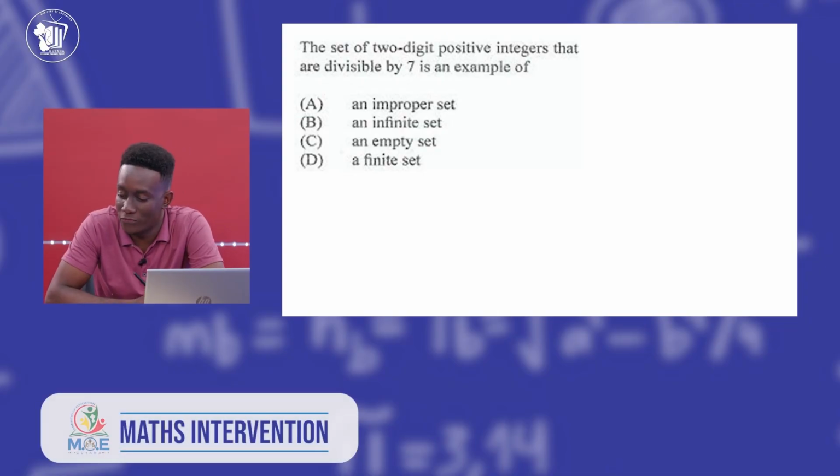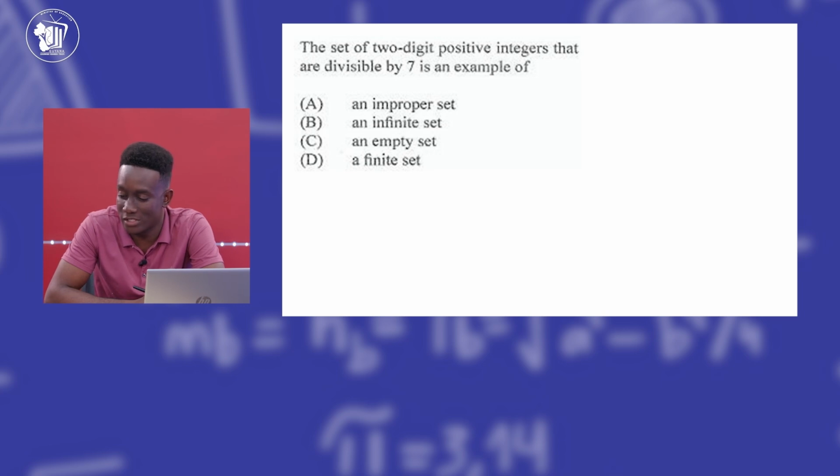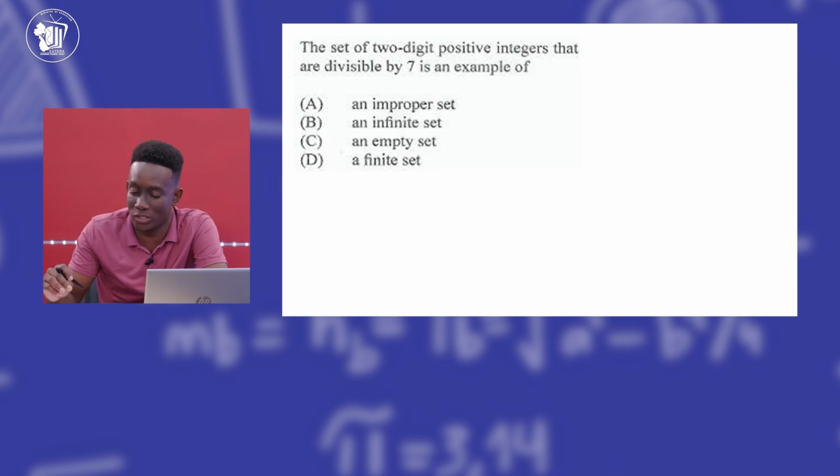In this video we will be looking at some multiple choice type questions. So let's head straight into the first question. This question says, the set of two-digit positive integers that are divisible by 7 is an example of, so they want all of the two-digit positive integers divisible by 7, and we want to know what this set is